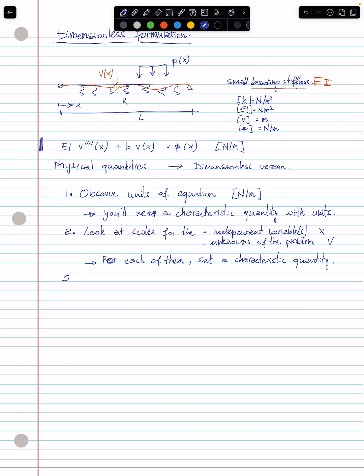Then third, use these to rewrite the equation, and use the freedom you still have to simplify the notation. All right, and then fourth,